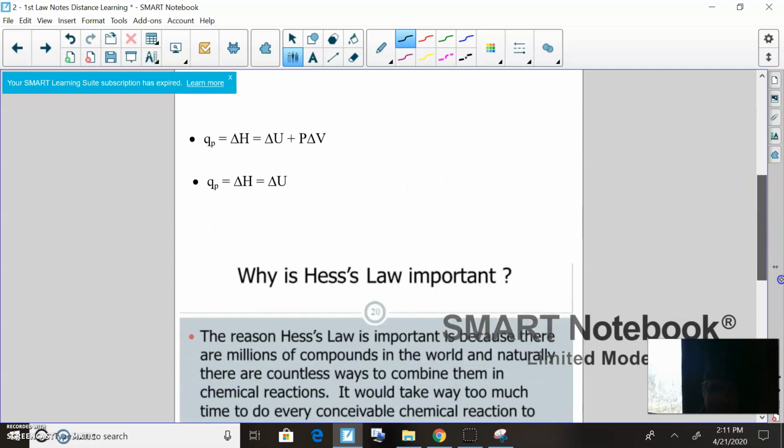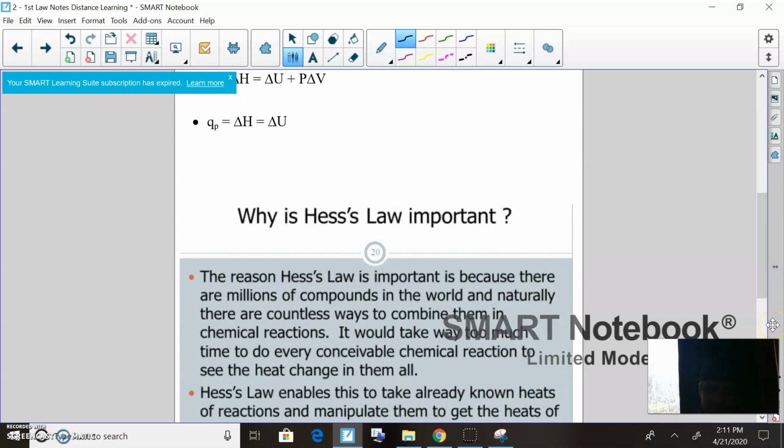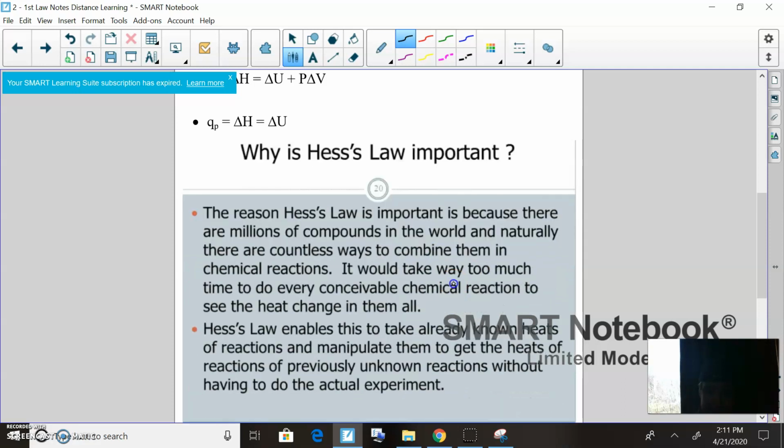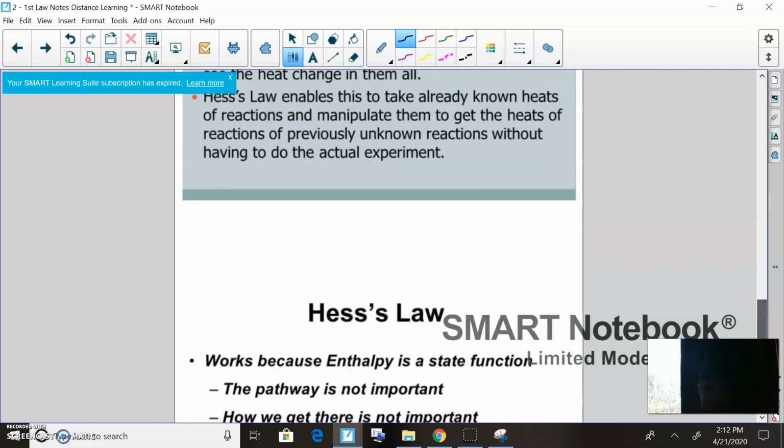So that's essentially it. Why is this important? You might be like, I don't really care. Well, there are millions of compounds in the world and countless ways we can combine them in chemical reactions. It would take way too much time to do every conceivable reaction to calculate the heat that's going to be given off. Hess's law enables us to take already known heats of reactions and manipulate them to get previously unknown reactions without having to do them. So, in summary,